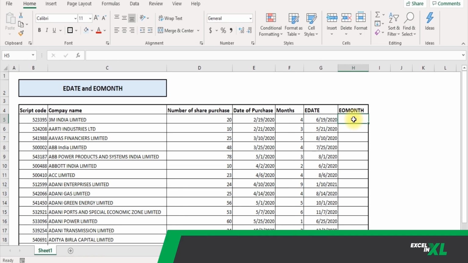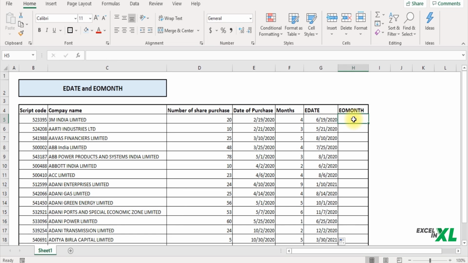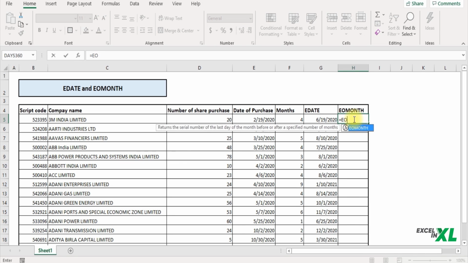Okay. Now let us calculate the EOMONTH. So end of month will basically take a date and return the end date of that particular month. So let's say I write EOMONTH. It has two arguments, the start date and the months. So I input the start date, comma, after how many months I want to find the end date.